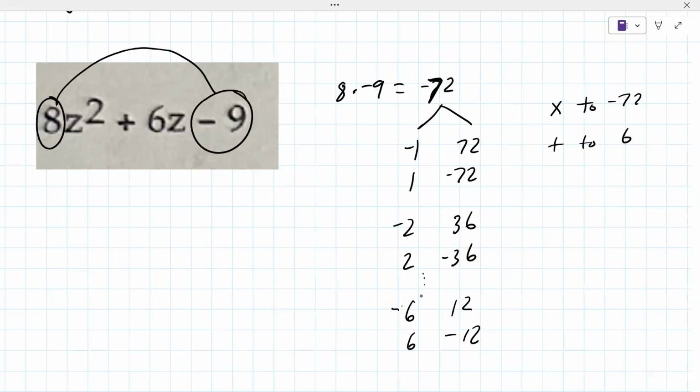So it'd be -6 and +12. Yeah. So we're going to split this apart into -6z plus 12z minus 9,